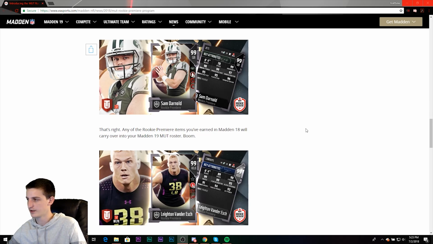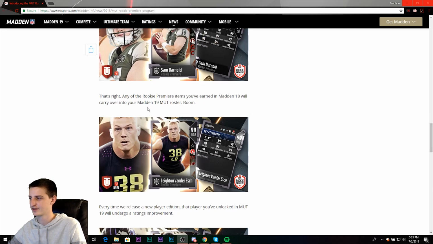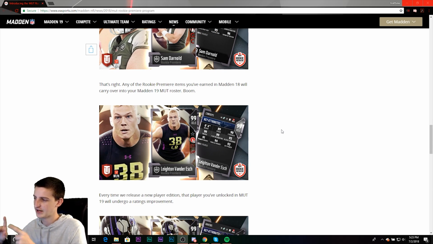Now, going down to Sam Darnold, I mean, 78 speed quarterback, Gunslinger Conductor's cool, but it's July at this point. Gotta be faster than 78 speed in July. Now, going down, we're going to see the Leighton Vander Esch. Now, he does have Secure Tackler,